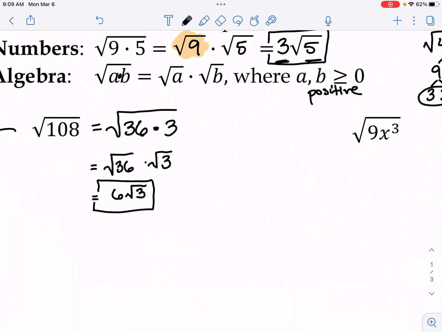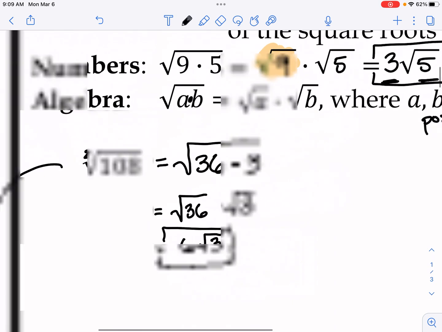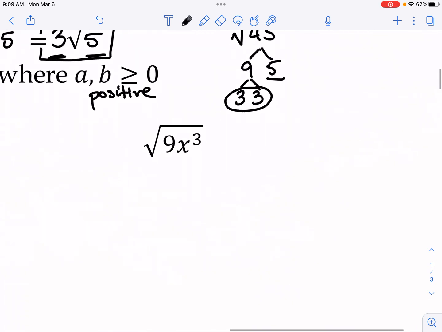All right. Now I'll move on to the next one, where we now have a number and also a variable. I want you to understand here that your index is 2. So when we're thinking about it, we're thinking about what number times itself equals it. I'm going to write that 2 in here. So, square root of 9 times x cubed. To simplify this, we're going to write this as a series of products. I'm going to put 9